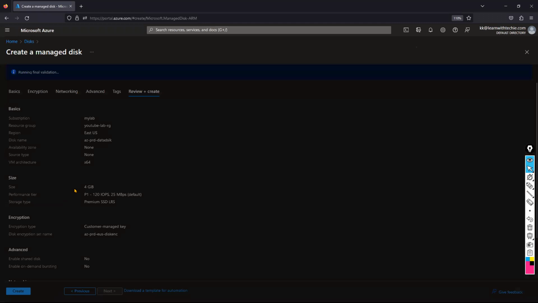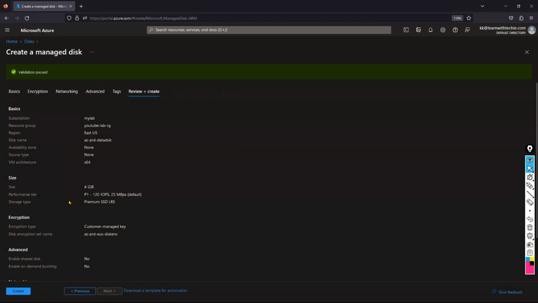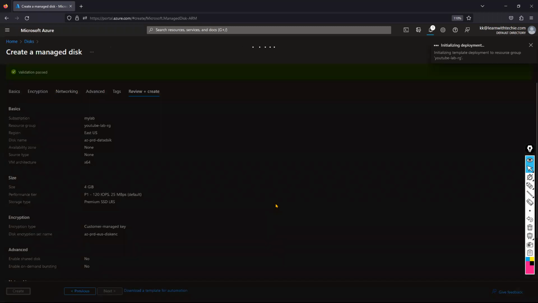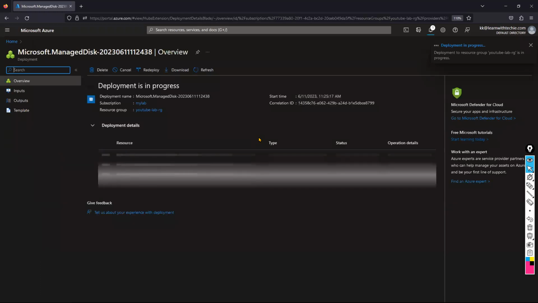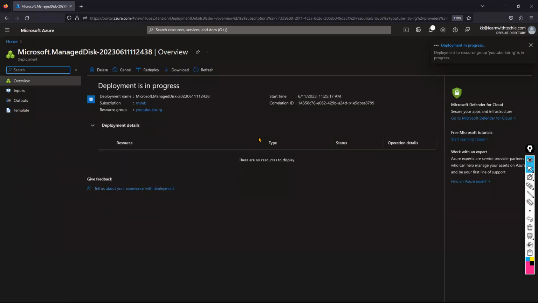Let's try to deploy it. Create. Now the disk deployment is in progress. Let's wait for the disk deployment to complete, and see whether it happens or any issue occurs. We'll look into that so that everyone gets clarity. Previously, as you can see, when the deployment was in progress,